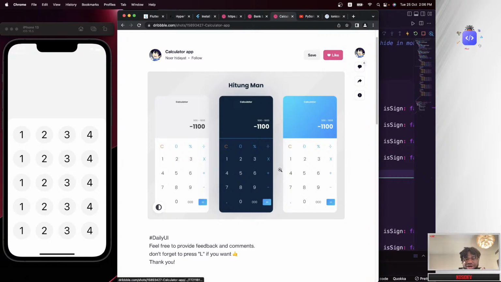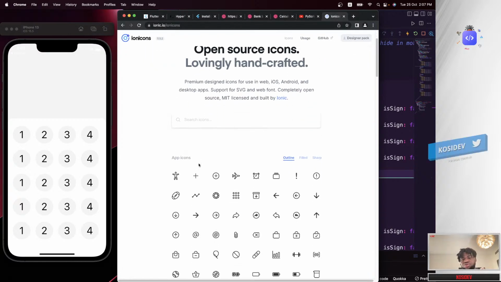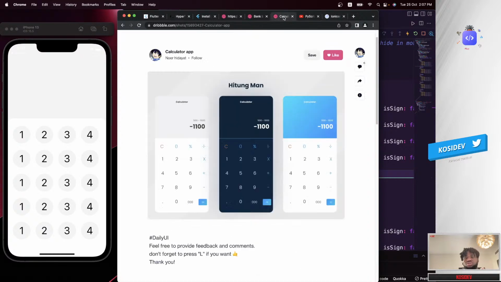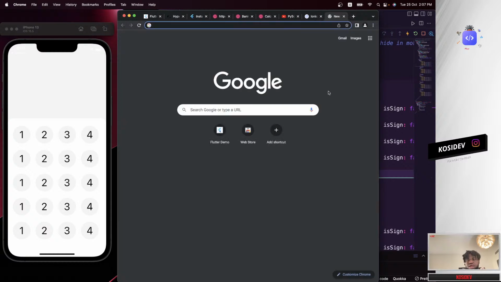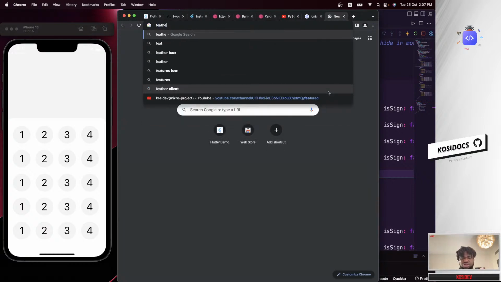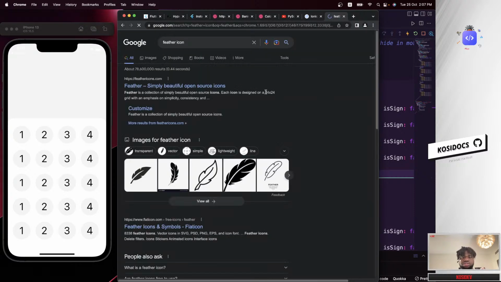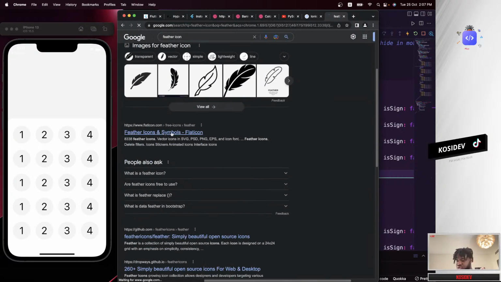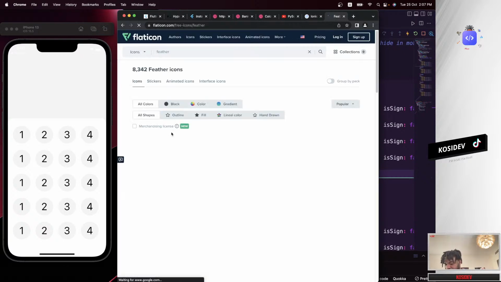So basically right now we have this right here showing up, but I'm trying to figure out how we can use the icons over here for these arithmetic signs. We can get those characters from our keyboard and input them in there, but I think it will be much better to have them as an icon itself than just text or characters from the keyboard. So let's take a look at different icon packages and see which one